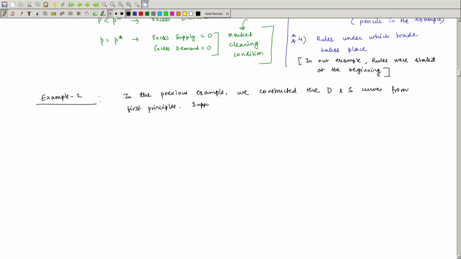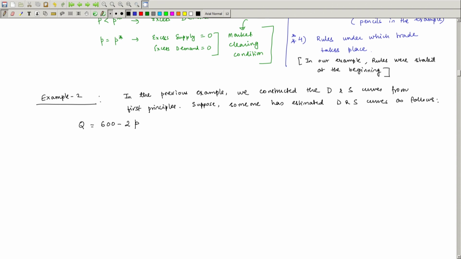Suppose someone has estimated the demand and supply curves as follows. So, suppose I have two equations. I am going to use Q to denote quantity, and let us say I am given this equation: Q equals 600 minus 2 times P. Now, notice by simply looking at this equation,